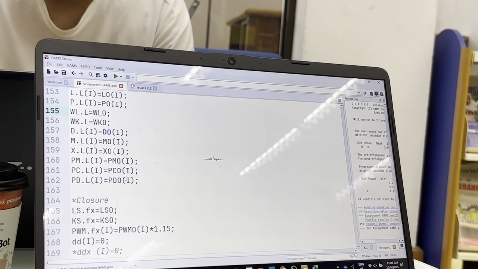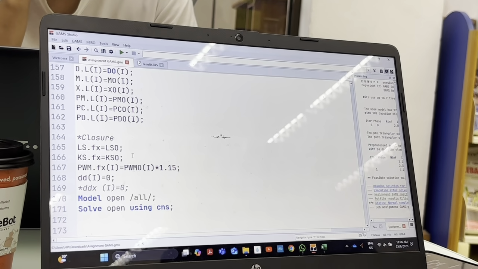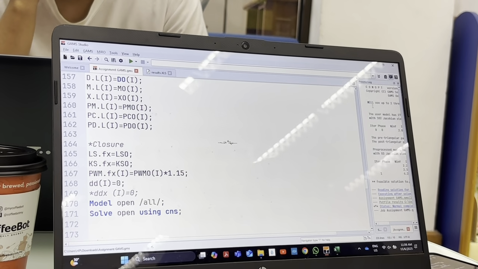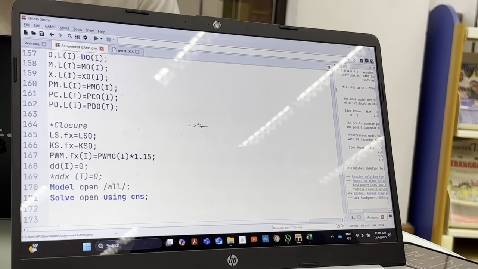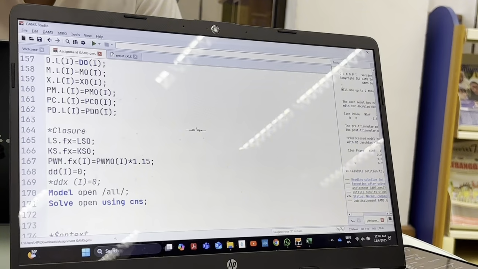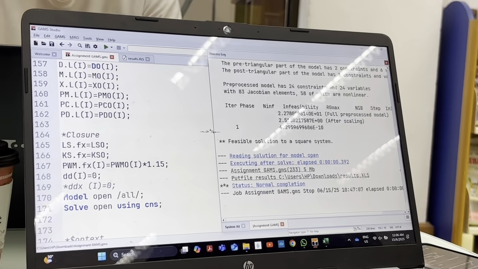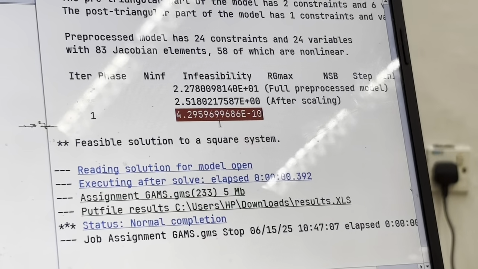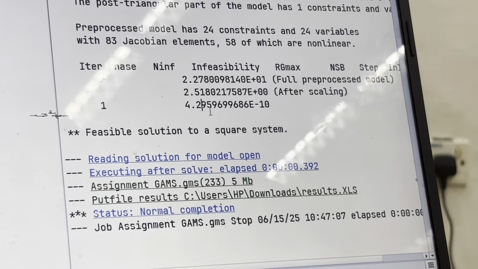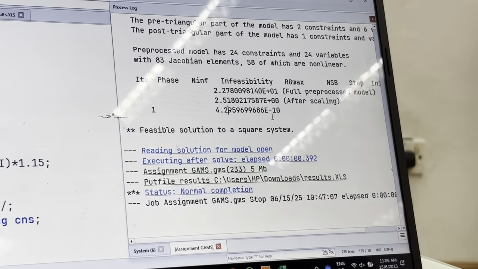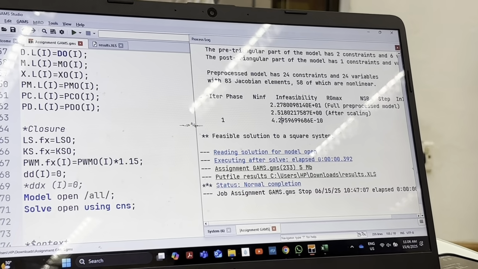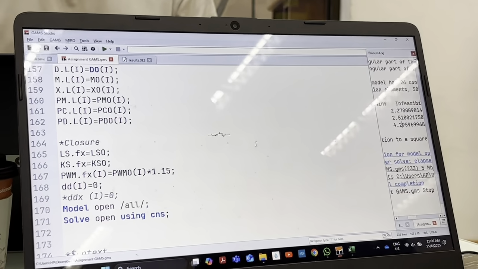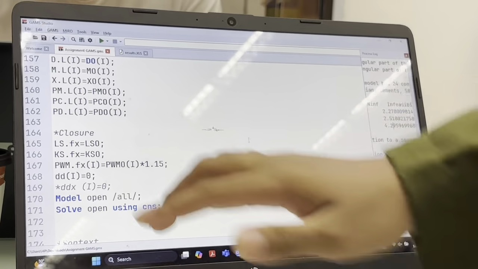Before we go to this, we want to check whether the model is feasible or not. We look at the infeasibility numbers here. If we look at this, we can see that the number of infeasibility is 4.295 to the power of E minus 10, which is actually near to 0. It indicates that this model is feasible to use. Because of this, we can use it to check the changes of exogenous variables affecting all the